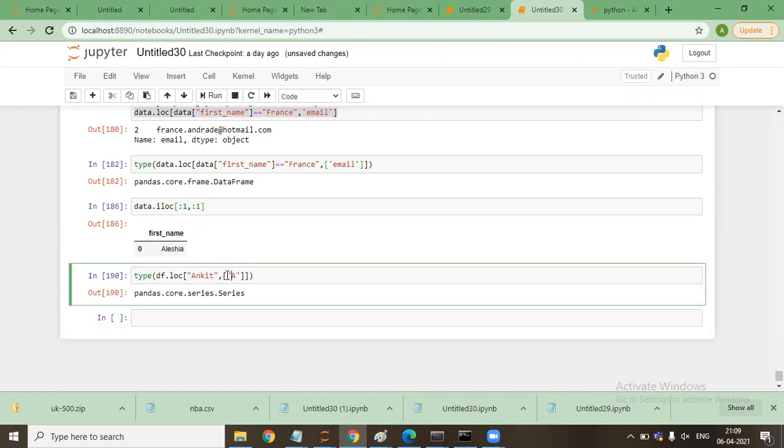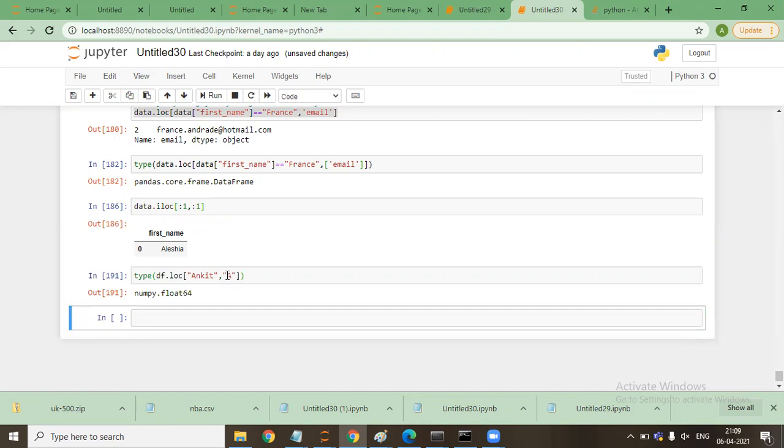But if I say it this way, the value that comes is a float. That's the thing that we discussed yesterday.